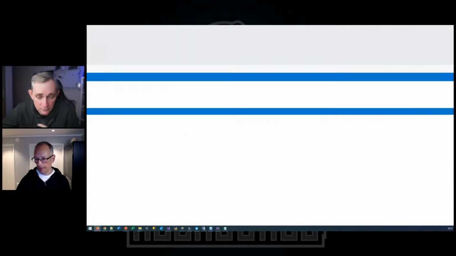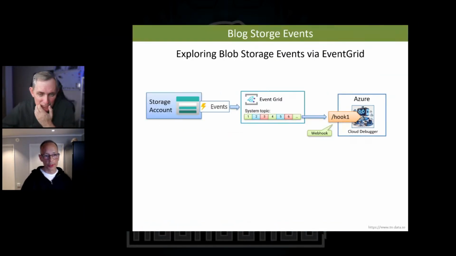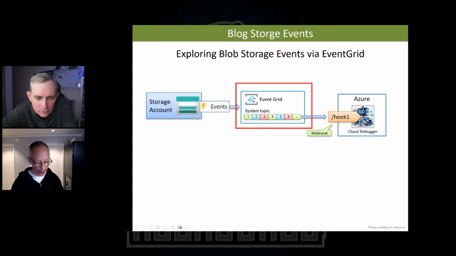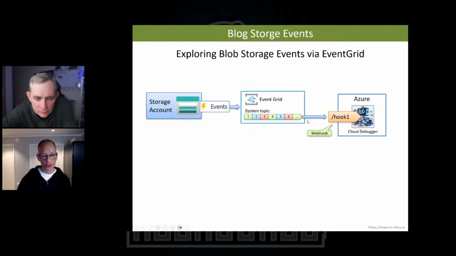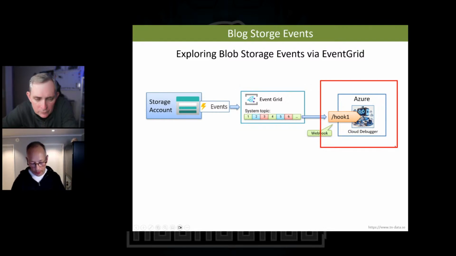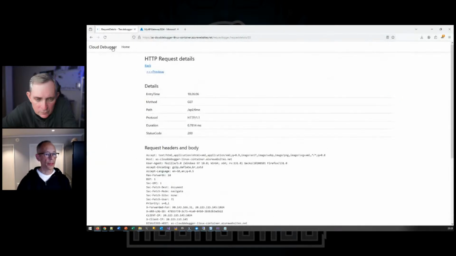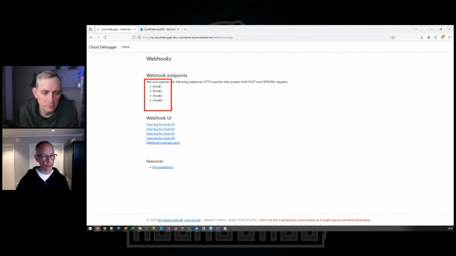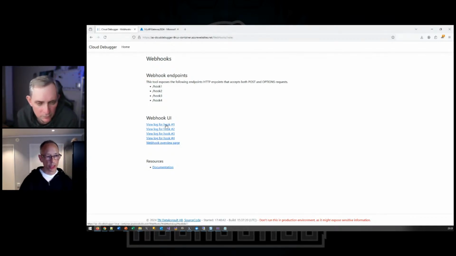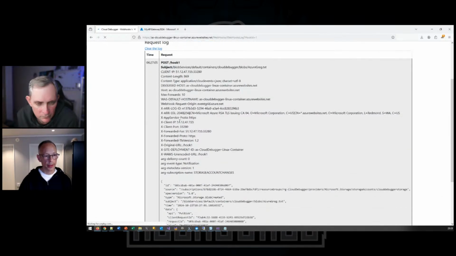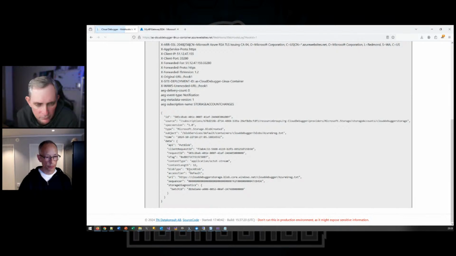What else can I do? We talked about that one. We could talk about events, maybe you want to play with events. When you export events from a storage account, you create a system topic in Event Grid, and then you can make a subscription that publishes to a webhook. And of course, my Cloud Debugger exposes a webhook. So that actually works. If I go to my debugger and go back up here, I have a webhooks thing. Actually I have 4 different webhooks supported, and I can see the log for each one. I can go to this one, and I can see that it actually created an entry here, put blob,